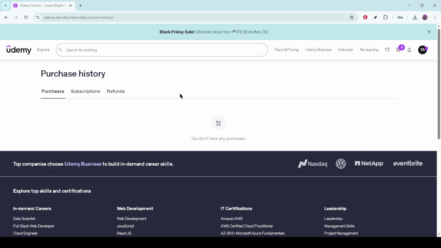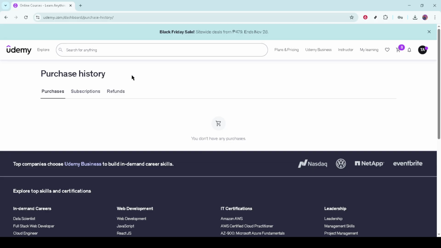Click on that. It's important to note that if your purchase was part of a larger shopping cart, you might need to click on View All Courses to expand the list. This will ensure you can specifically select the course for which you want a refund. Once you've identified the right course, again, select Request Refund for it.